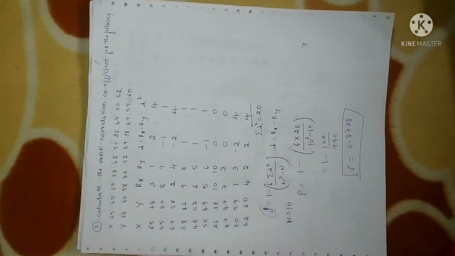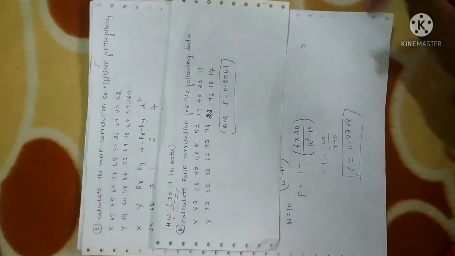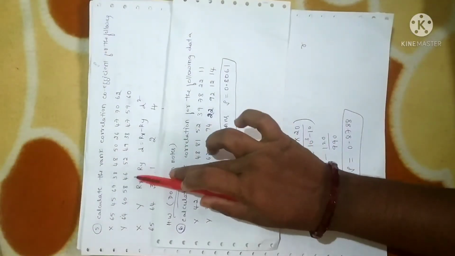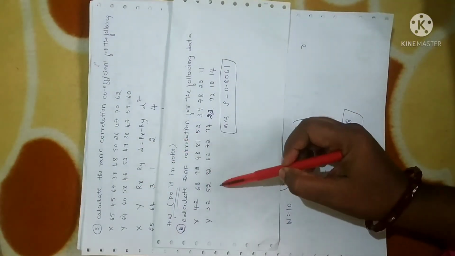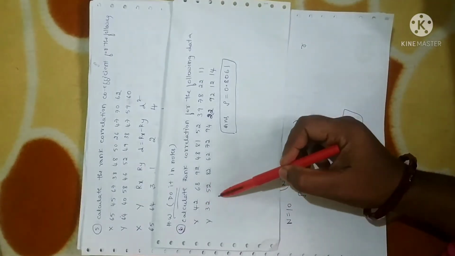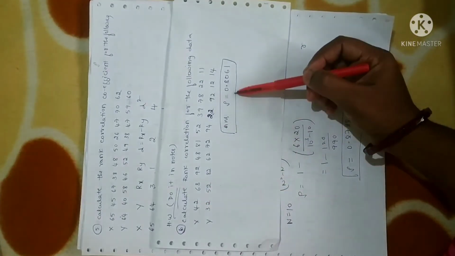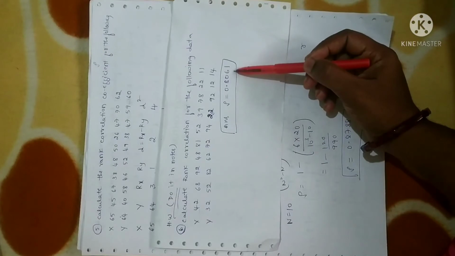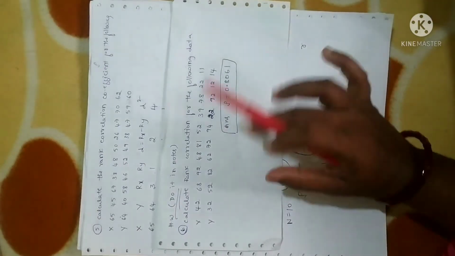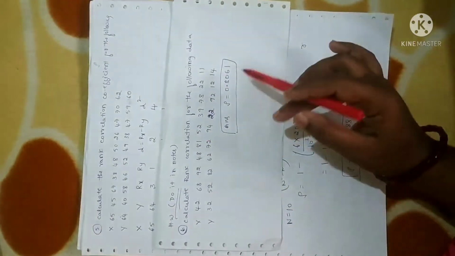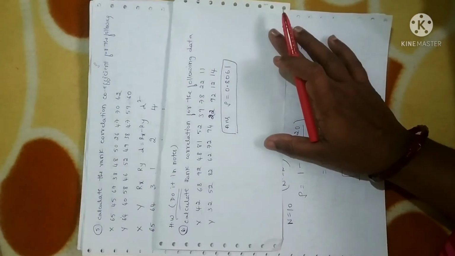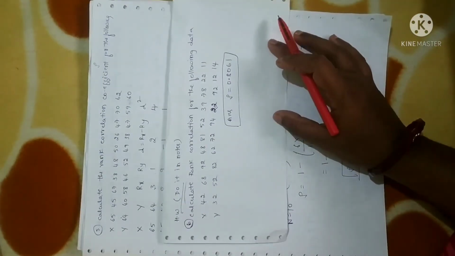Anyhow, before solving that, please write down the sixth problem. Whatever I have done in the fifth problem, you have to do the same procedure. You just copy down the problem. The answer will be rho is equal to 0.8061. Please pause the video and write this problem in your notes, and solve it in the notes only. Hope everybody is doing it. Fine, so this is the homework problem.